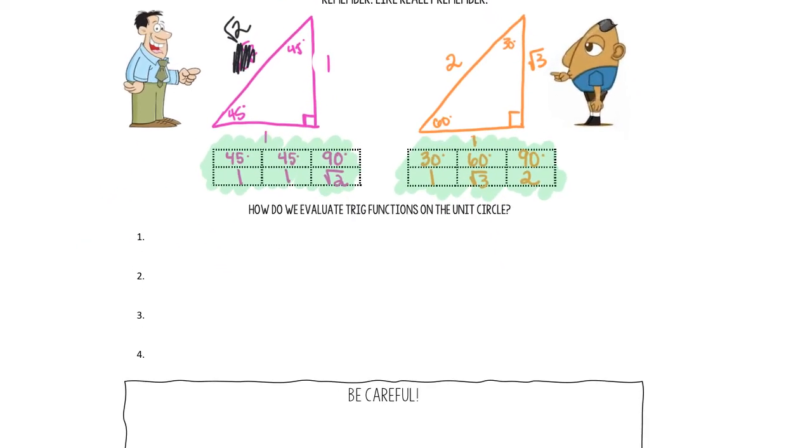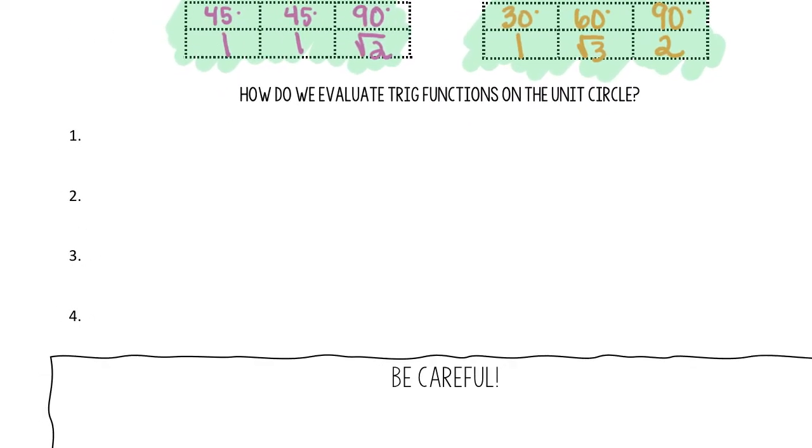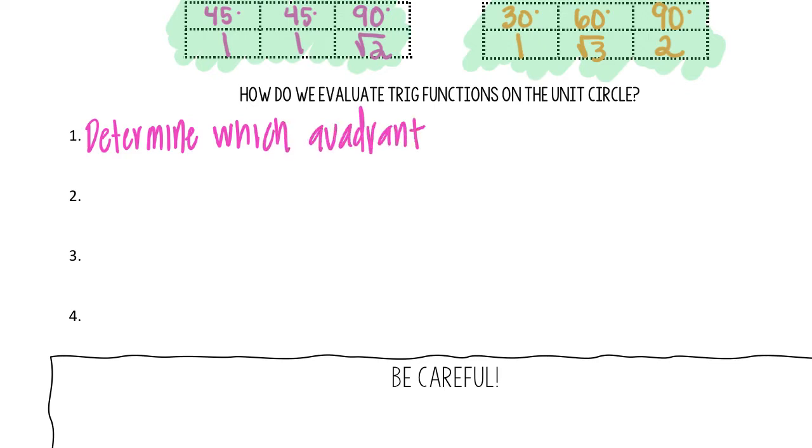So now I want you to get some steps down before we get going. How are we actually going to evaluate sine, cosine, and tangent of angles on the unit circle? Well, first of all, you're always going to be given an angle. Your first job is to determine which quadrant theta lands in. So for example, if I asked you to find all 6 trig functions of 5 pi over 4,